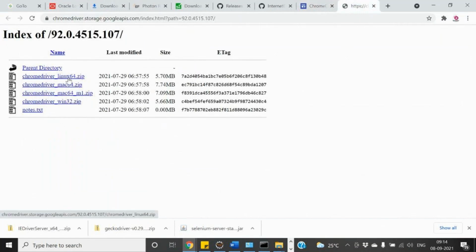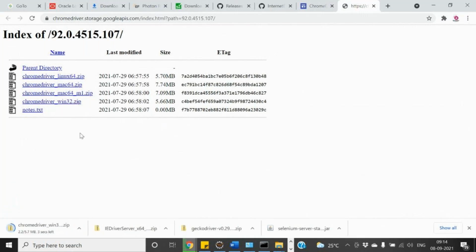I got this, right. The Chrome driver again, Linux, Mac, and this is for Windows. So for the Chrome driver we are not having a 64-bit as of now, but this Chrome driver 32-bit is going to work for both 32 and 64-bit. So just download the Chrome driver 32-bit. So though your machine is 64 or 32, this is going to work for it. Yeah, so I downloaded the Chrome driver as well.